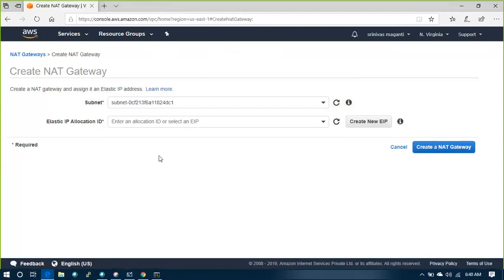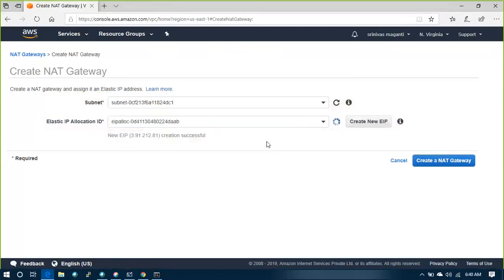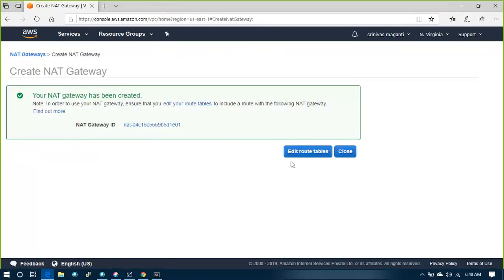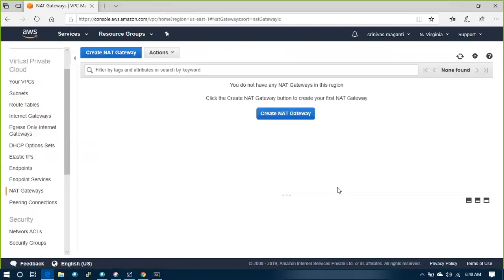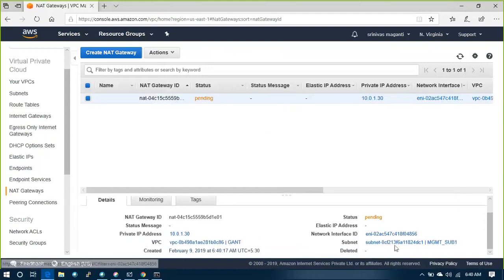This is a subnet. And allocate one static IP to this subnet. So create an IP. This is the IP address for NAT gateway, and create. Close. Okay, that's going to create in some time.